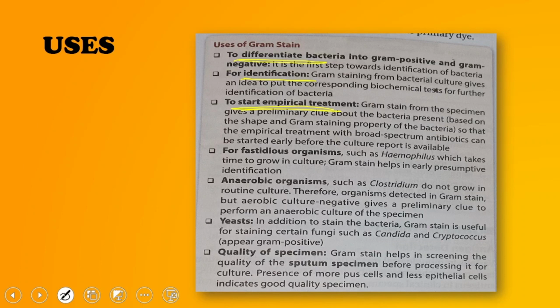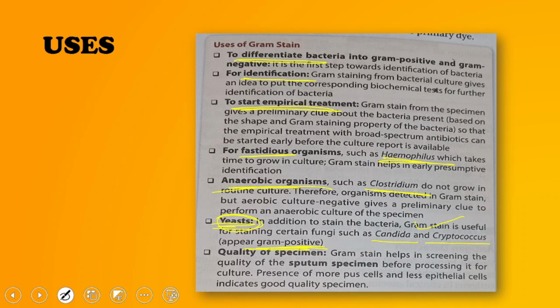If there is a gram positive bacteria, so and so it can be expected as per the symptoms and so on. So we can start the prescription, right? So we can start the treatment of that particular patient. For identifying some fastidious organisms like Haemophilus, right? Some anaerobic organisms like Clostridia. Then yeast, very important guys. Candida, Streptococcus. These are yeast. These are not bacteria, but still gram stain is used for them and they appear gram positive.